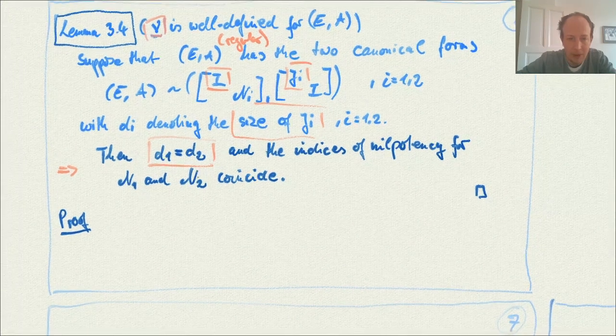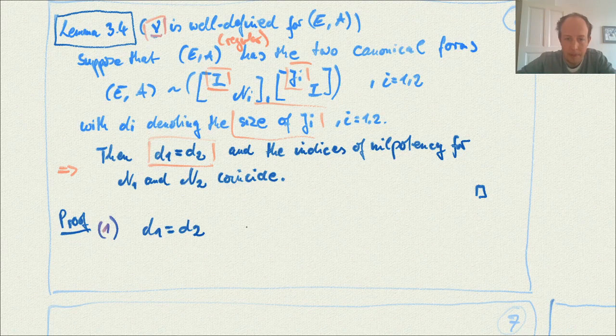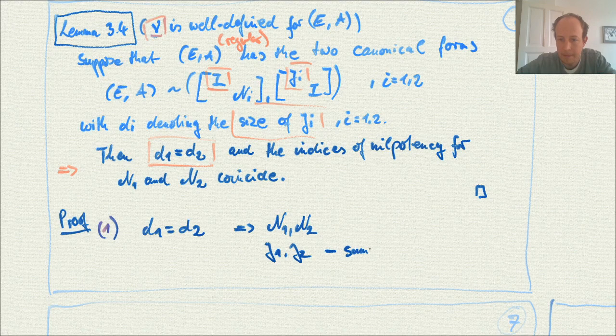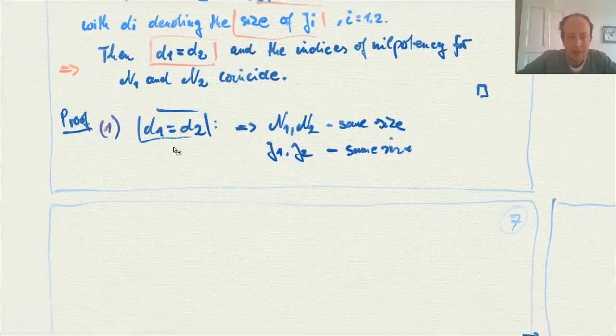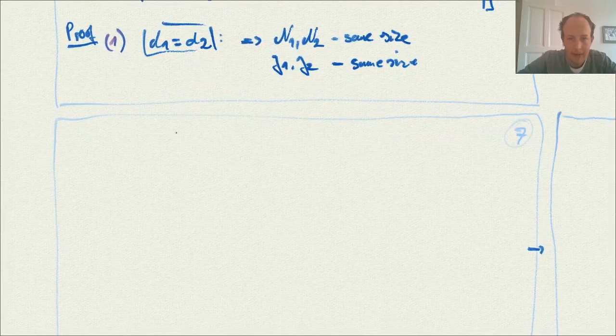First thing we need to show, first we show D1 is equal to D2, which means N1, N2, J1, J2 each have the same size. So we show D1 is the same as D2. How do we do that? So say